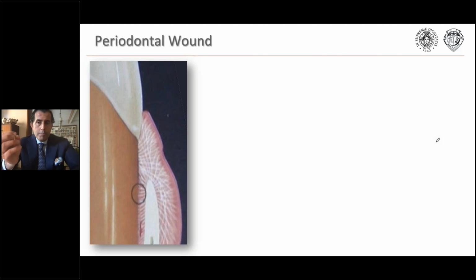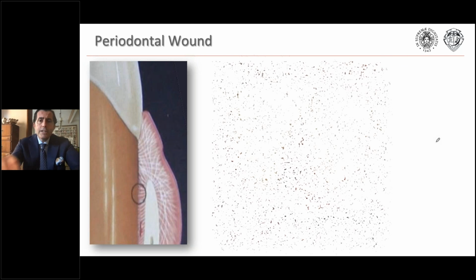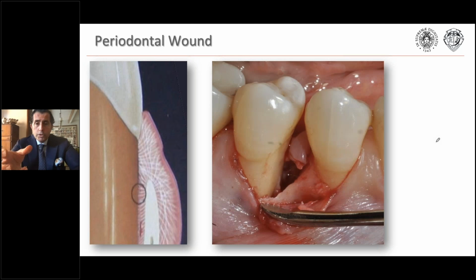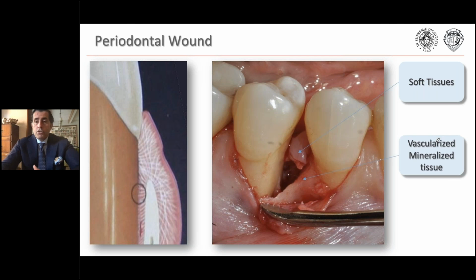treatment plan. One of the main problems, in fact, that we have in doing surgery is the understanding of the periodontal wound. When you have the wound in mind from a biological standpoint, then you know how to do your surgery. And let's face it, the periodontal wound is one of the most complex wounds on the planet, because, to be honest, you have an area which is highly vascularized, that will, of course, provide stability to your blood clot. You have an area that is mineralized and vascularized that can also support your blood clot, which is the